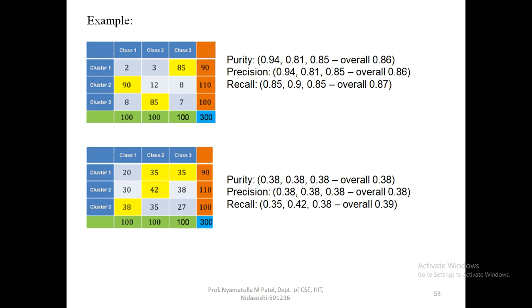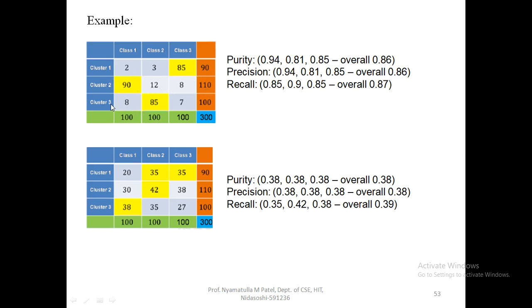Here this example has cluster 1, which has 2 objects from class 1, 3 from class 2 and 85 from class 3. So, total number is 2 plus 3 plus 85, that is 90. Cluster 2 is having 90 points from class 1, 12 points from class 2 and 8 from class 3.